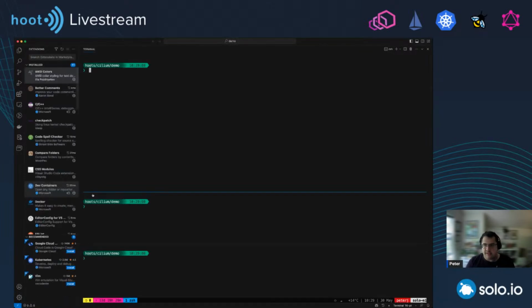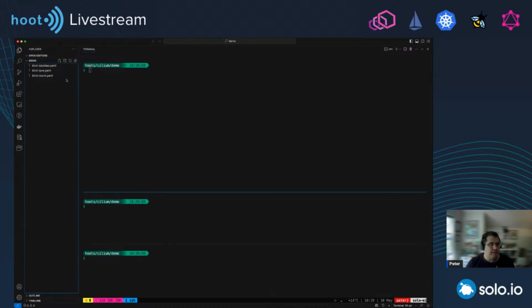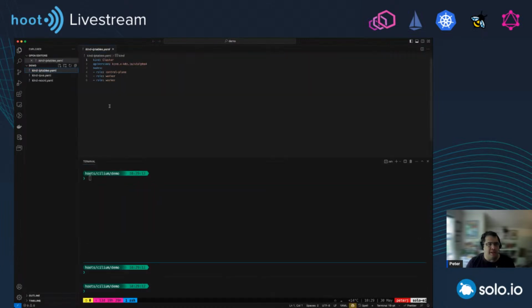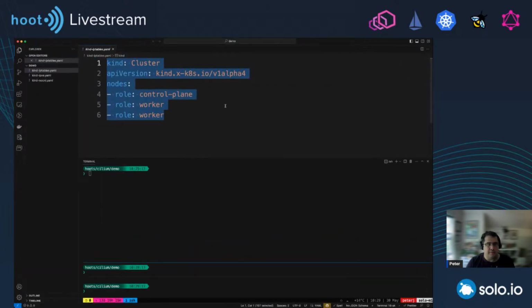So what I'll do is I'll be using a kind cluster, and I'll set up a kind cluster with a control plane and two worker nodes. Note that I'm not specifying anything else because the default configuration for kind is to use the IP tables mode, right?